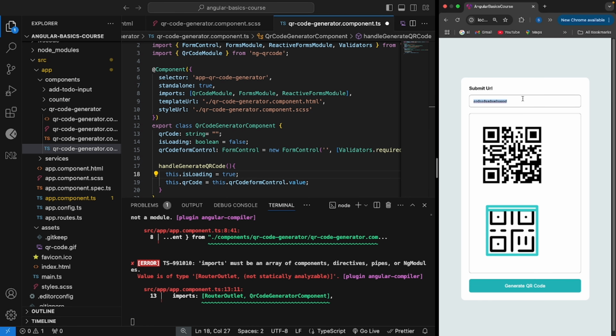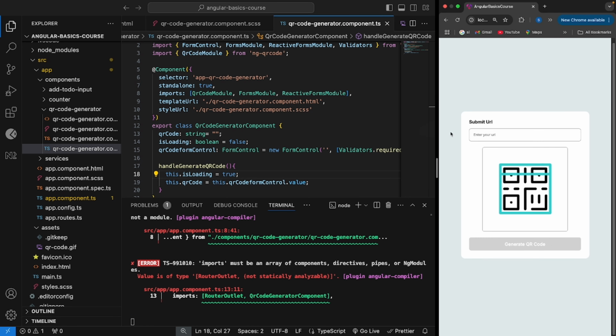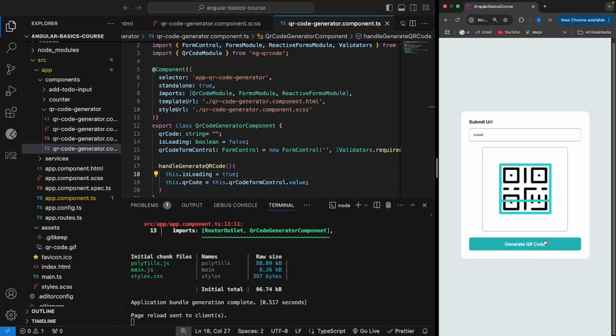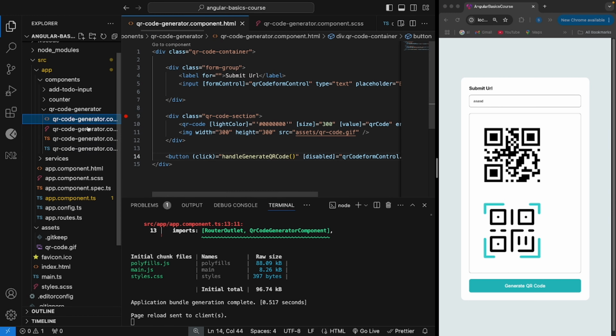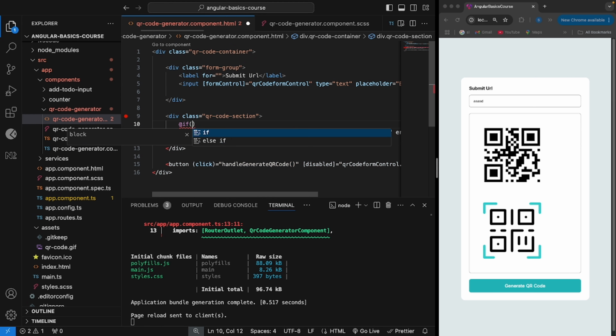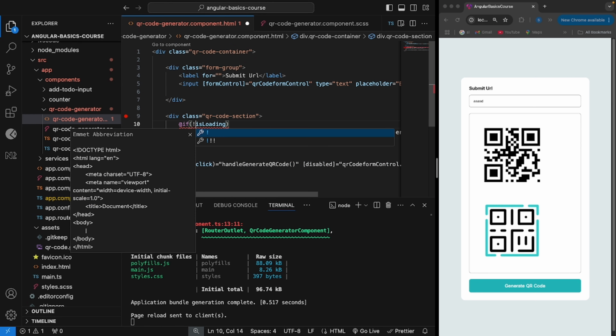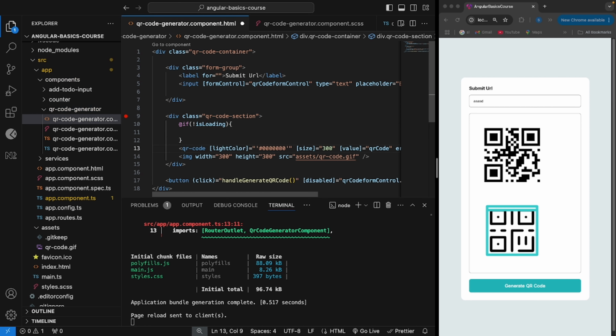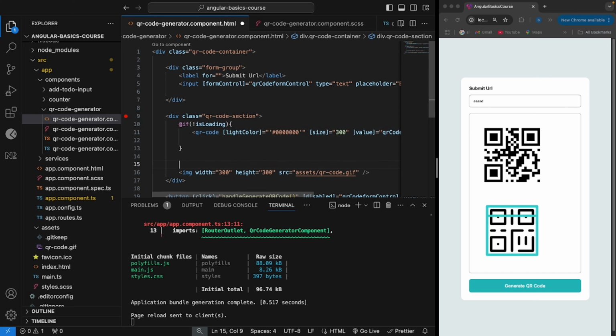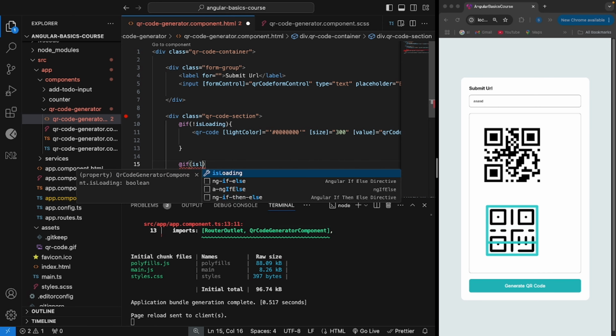Now what's going to happen is if I type, click this, that will then go ahead and actually, okay, no, I made a mistake. I haven't actually tied in that functionality, right? So I need to have an is loading. So if this isn't loading, then show the QR code. But if this is loading,